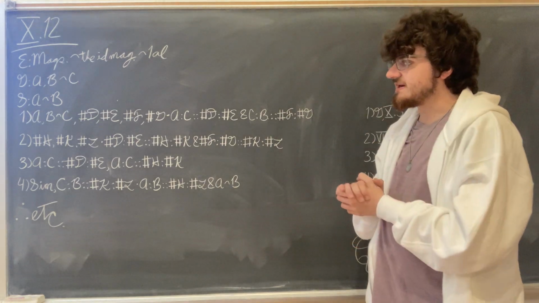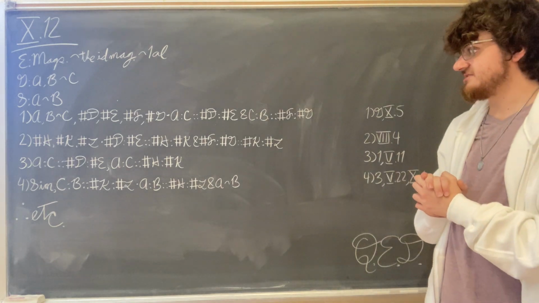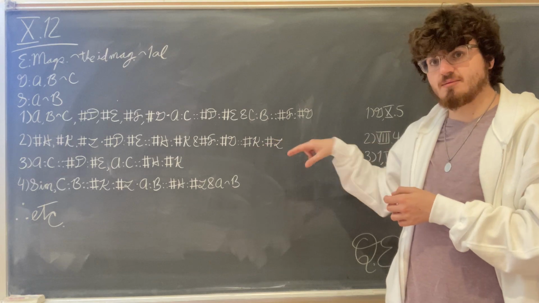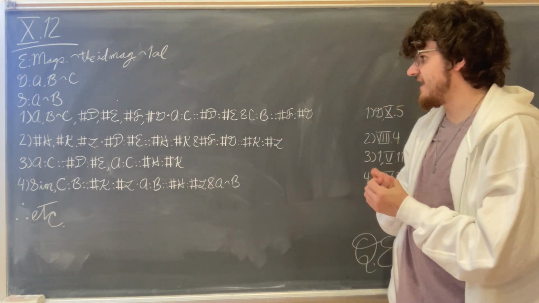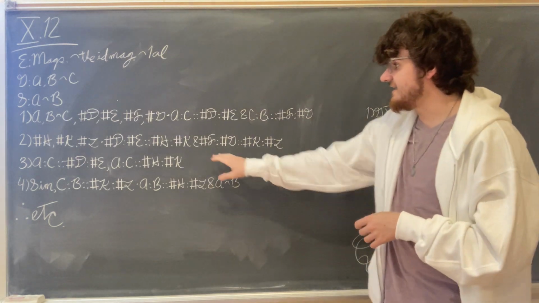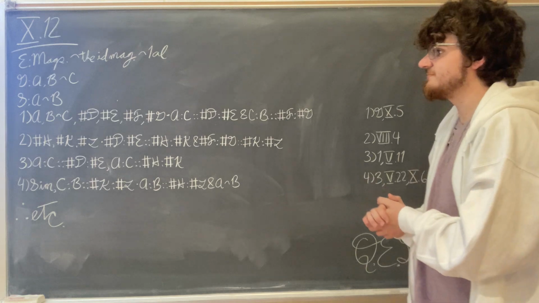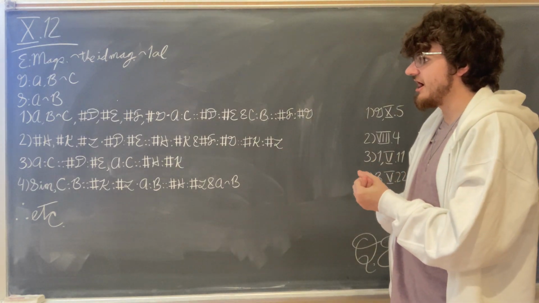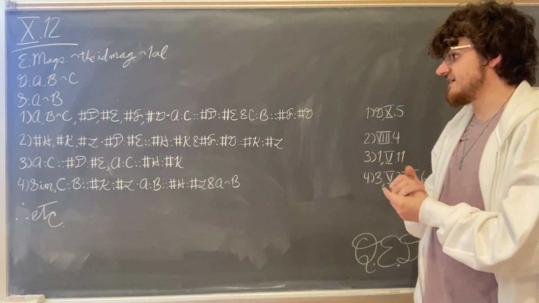Now, similarly, we can show that C is to B just as the number K is to the number L. Also, because of how we created the numbers K and L, their ratio is the same as that which the number F has to the number G, and the numbers F and G were created to have the same ratio as C and B. So C has to B the same ratio which the number K has to the number L, but we had also shown in the previous step that A has to C the same ratio which the number H has to the number K,